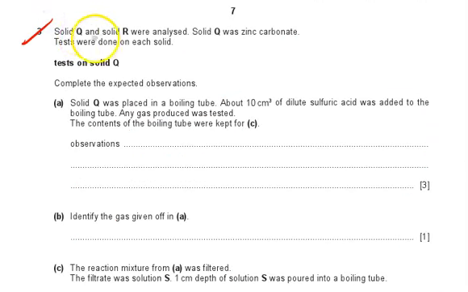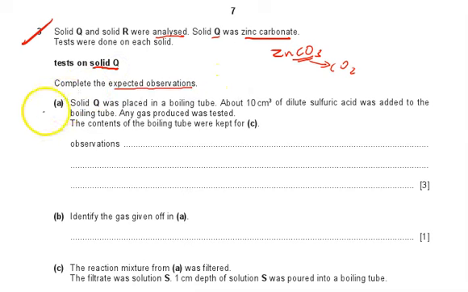Okay, number 3. Solid Q and solid R were analyzed. Q was a zinc carbonate. Okay, so zinc carbonate, we will have a carbonate. It can produce carbon dioxide. Okay, now test on solid Q. Complete the expected observation. Solid Q was placed in a boiling tube. And zinc carbonate, remember, it cannot be